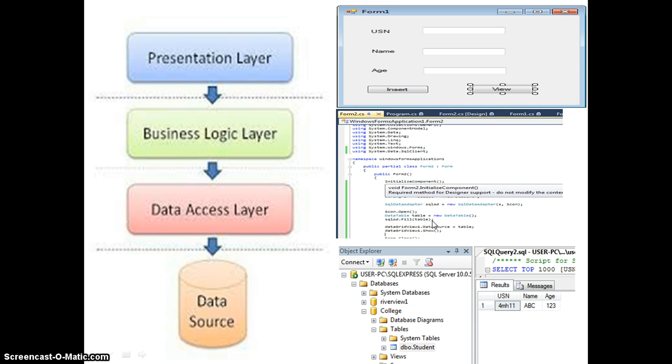In the end the data gets stored in the database. For example, we have a college database with a student table that has three fields, USN, name, and age, and the data gets stored there. This is the perspective of a first-time developer.